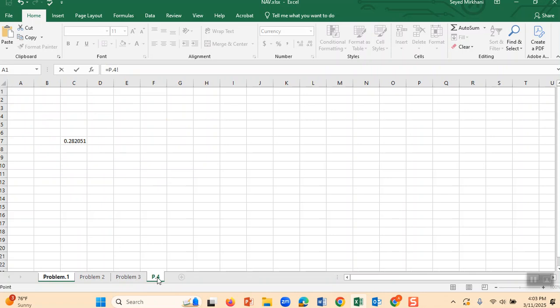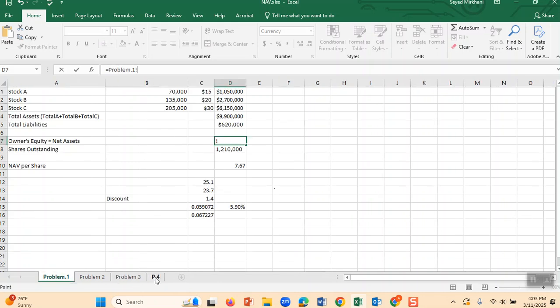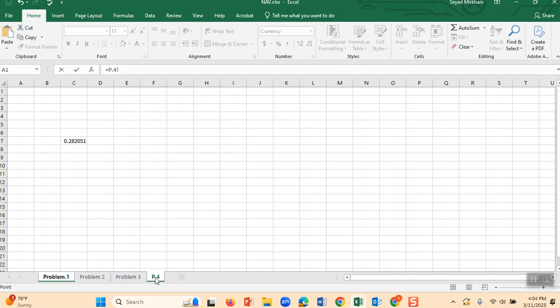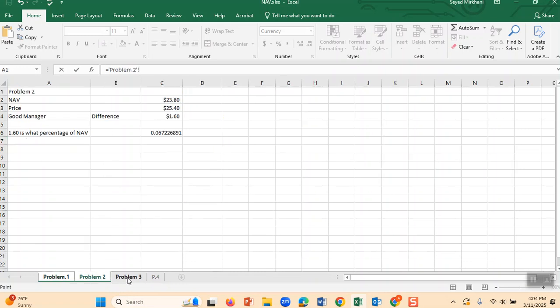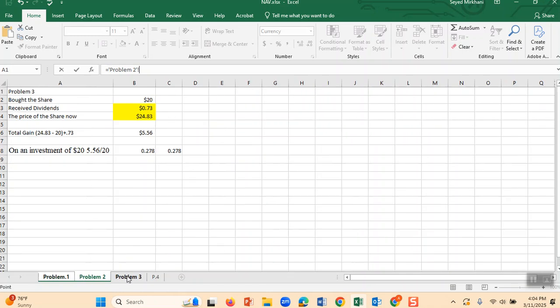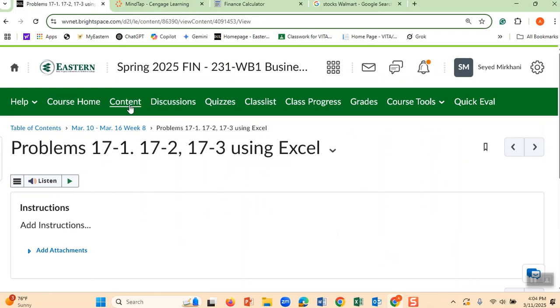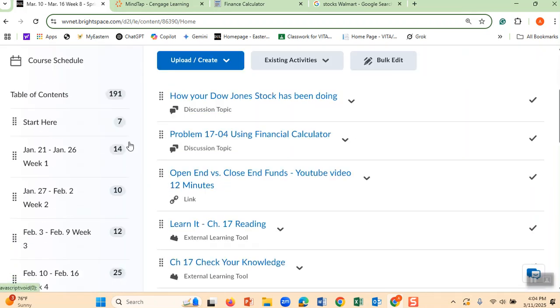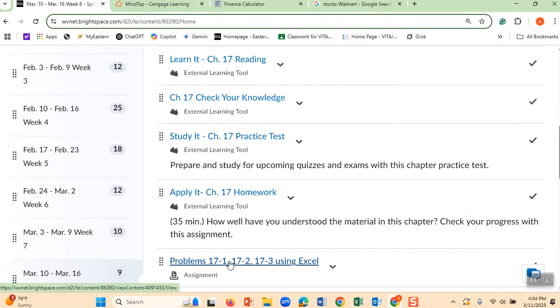And then if they do that, they can change the name, they can right click and, here is problem number 4. And then they will change the name, and then they can create problem number 5, problem number 6. But for now, I expect all students to do these 3 problems in Excel, and after they complete it, they can save it on their desktop, and then they come here and they go in here, and then after they go to here, do you see here, it says problem? They click here and attach it here, and they get 10 points.